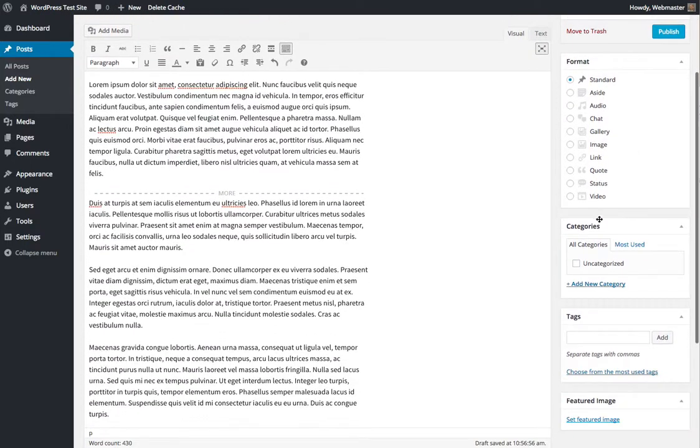The second thing we're going to look at is categories. So you can categorize your blog posts, whatever your categories would be. It's a way to group the content on your blog in such a way that you can put a little sidebar widget that shows the different categories on your blog. So you could say, we have